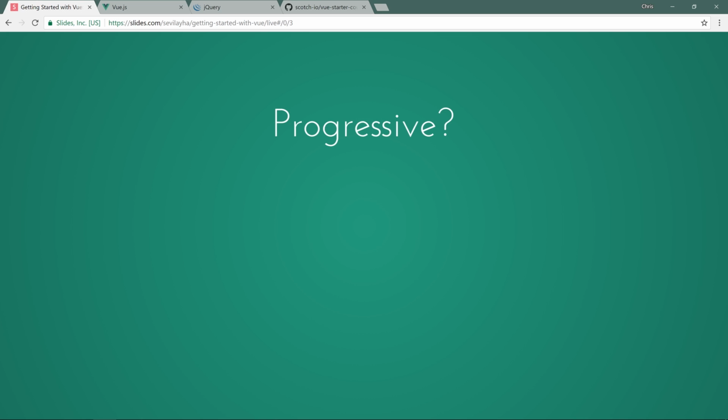Now let's talk a little bit more about that progressive. What is progressive? And we talked about it a little bit. You can go down from having it as just a library, a Vue library, where you can use it to data bind a couple things on a page. Progressive means that we can start with the Vue engine, and that's the simplest way to use Vue. And we'll see that in our Hello World example coming up really soon. And then once you want to get into larger scale applications, you can add routing and JavaScript routing for single page applications. That's when you see applications that kind of route themselves and move between different pages and you don't even see a page refresh, right? It just comes in and pulls in new data from a new page